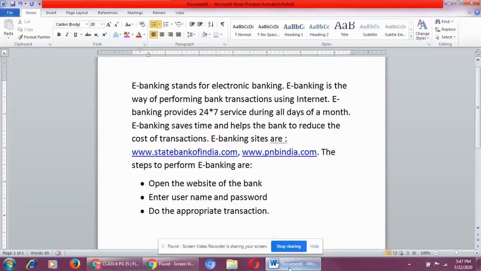Hello students, today I'm going to start chapter 4, which is Advanced Features of Word Processor 2. This is part 2 of the same chapter which we studied in chapter 3. Alright, now the first topic in this chapter is finding the text.